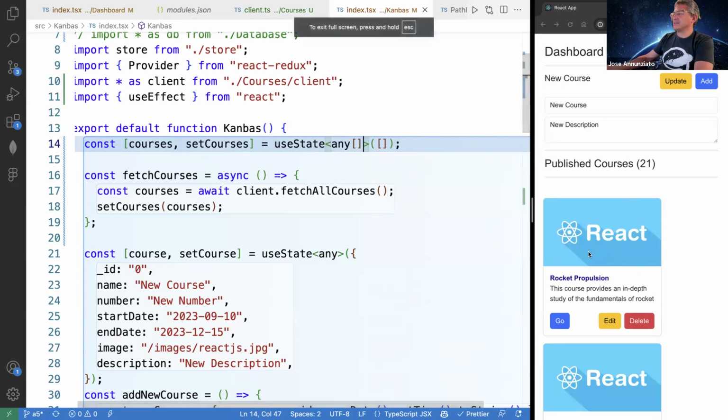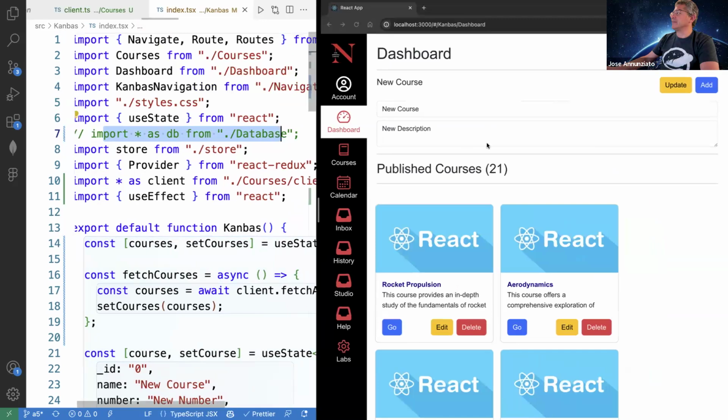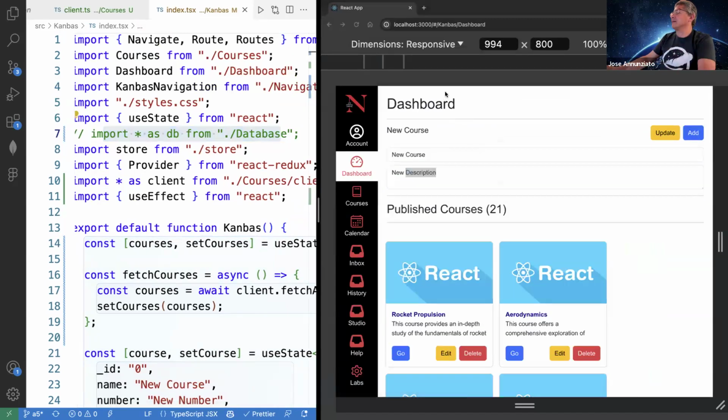Notice that now these are courses that are coming from the server, not from the database. Notice that our database is gone, right? We commented it out. Instead, it's going out to the server, and we can verify that, right? If we look at the inspector,